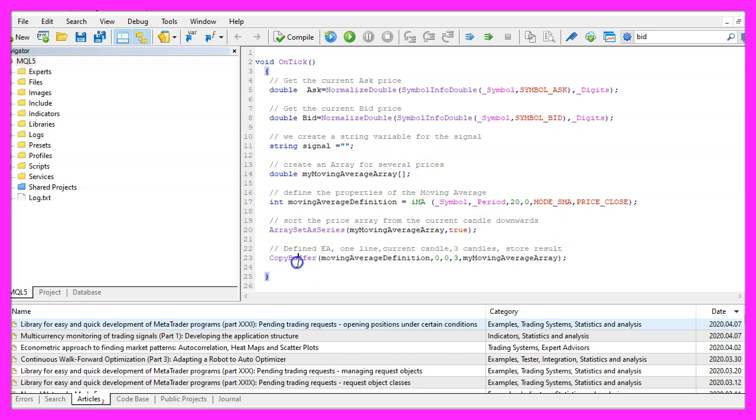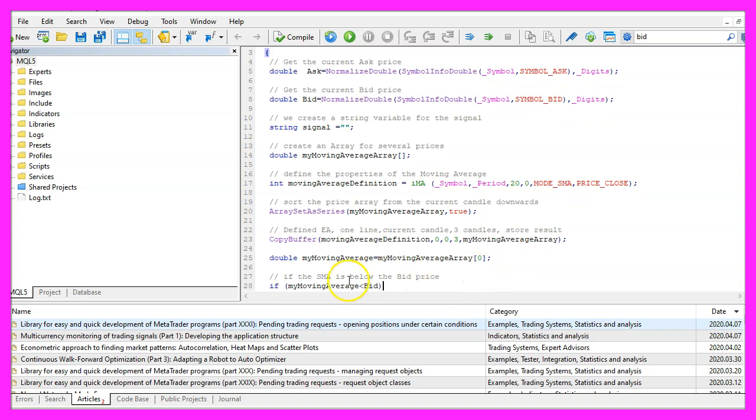And with CopyBuffer, we fill our moving average array according to the definition that we have created here. We start with candle 0, that's the current candle, and we copy the values for 3 candles. And afterwards we can get the moving average value by just looking into candle 0 of our moving average array.